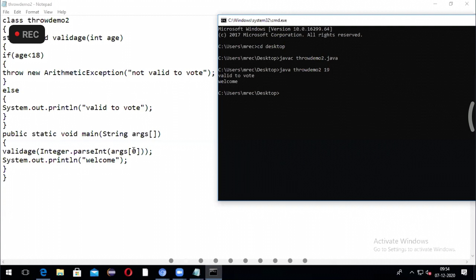Okay, so here this args of 0, I pass this as an integer. validAge is a method, inside that args of 0. So args of 0, args of 1, like that, any number of inputs you can give. I gave input 19. That will be sent to the main. Main is receiving it in the form of a string. So that's the reason I'm converting it to an integer. The parseInt method takes it into a number. So this is a function call, validAge of 19, semicolon, a method call.